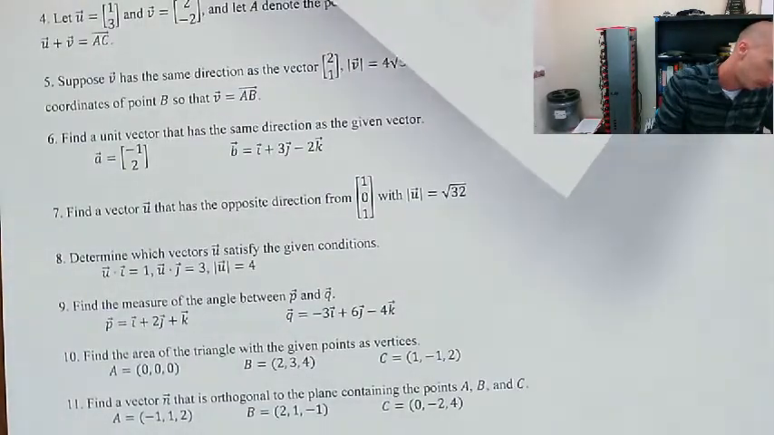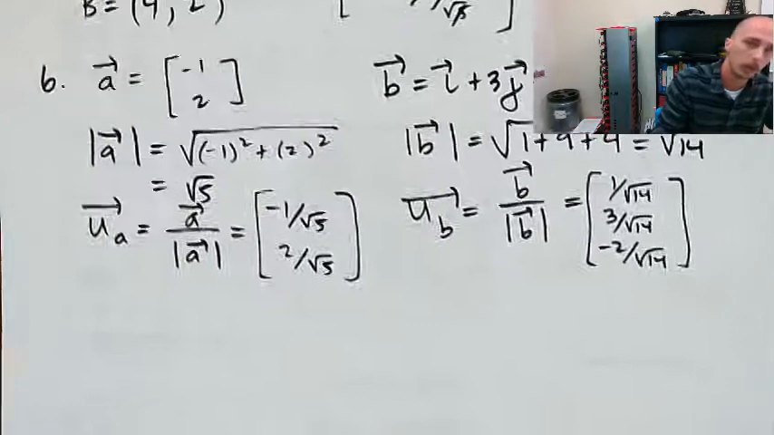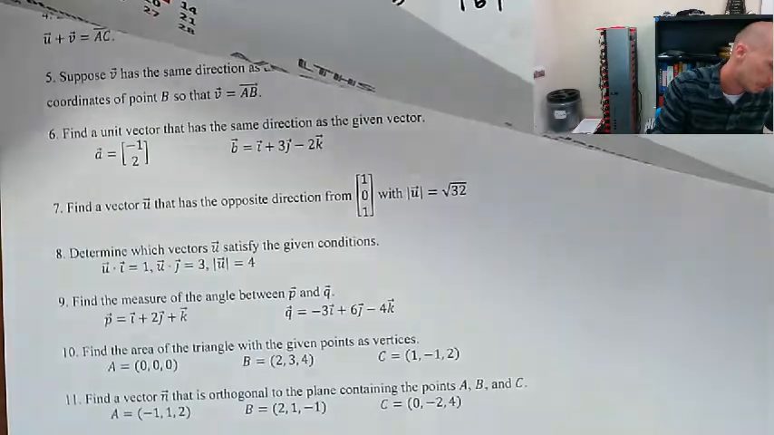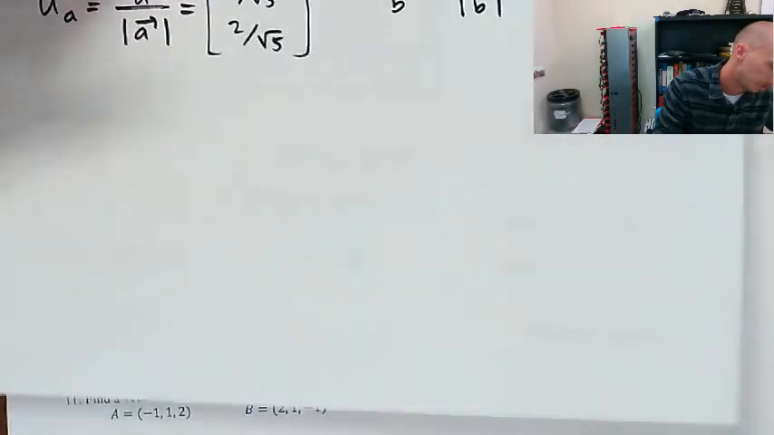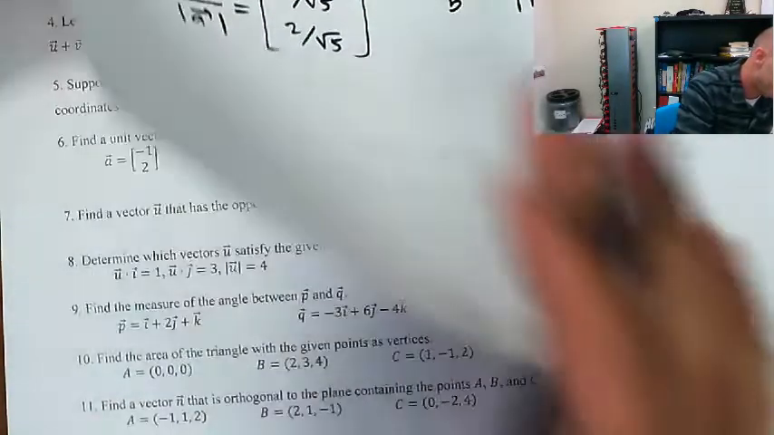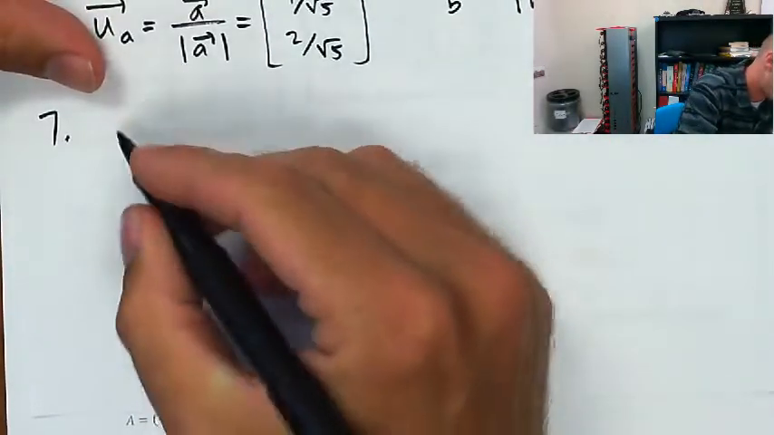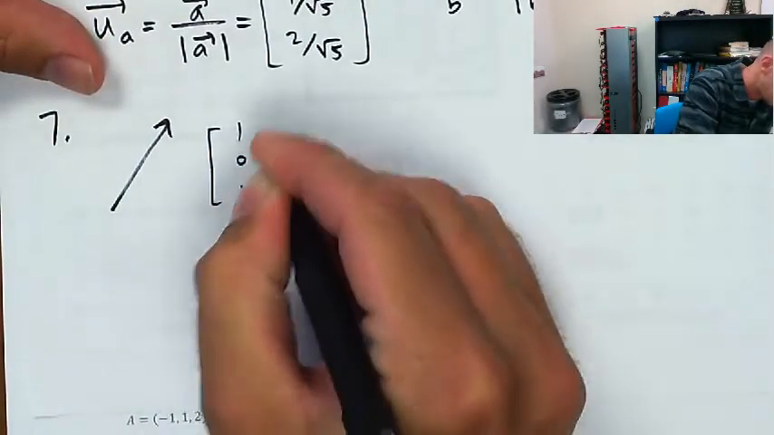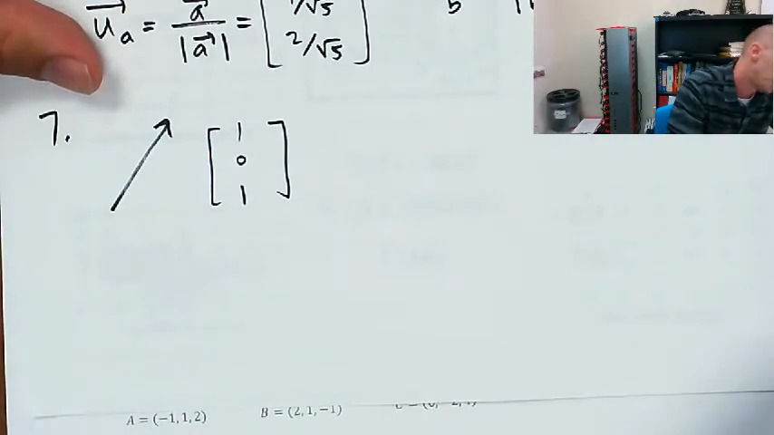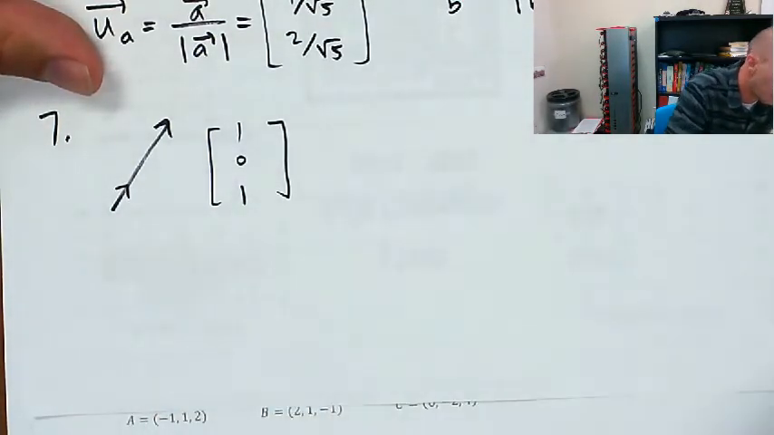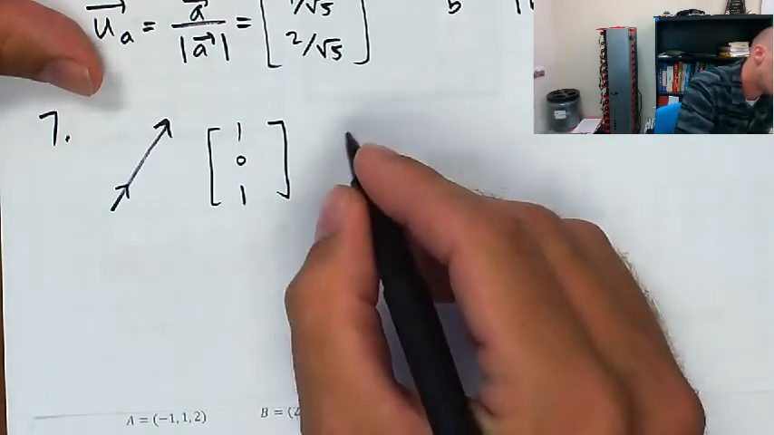Okay, number 7, find a vector u that has the opposite direction from 1, 0, 1 with length root 32. Did I copy that problem twice? No. Okay. All right, so say that's 1, 0, 1. Okay. The unit vector in the direction of 1, 0, 1 is going to be,